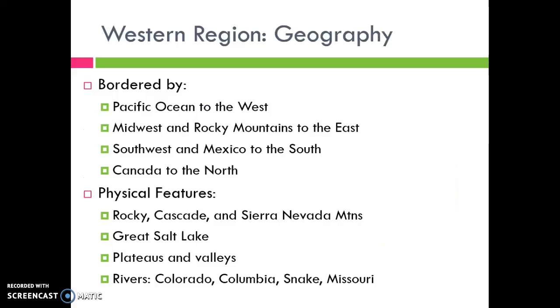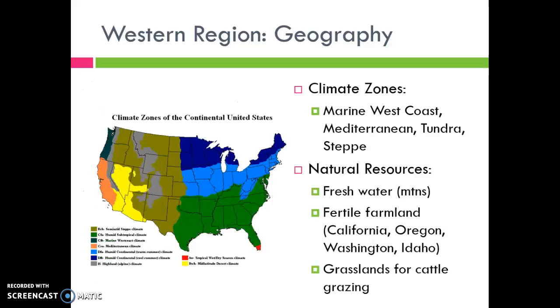The Western region is, again, kind of a special sort of culture unto itself. The ocean that it's bordered by this time is the Pacific. So remember, the Northeast region was the Atlantic, the West is the Pacific. These guys do have the Rocky Mountains as well, and they are bordered by Canada in the north and the Southeast region to the south. Some of the big physical features, you can take those down as well in your notes. I'm not going to list those off for you, so we can keep moving on.